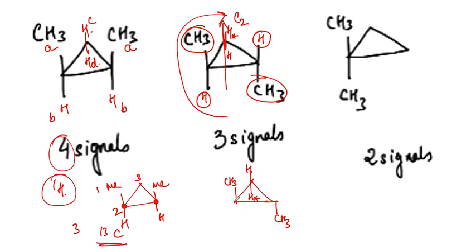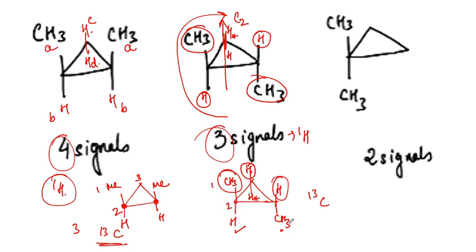So how many signals for the protons over here? One for this proton, which will be similar for this, the other for this methyl proton, same for this one, and both of these hydrogens would be the same. So we are only getting 3 signals for the proton NMR spectrum. Similarly for the C13 NMR, we are going to get 1 for this methyl, 2 for this methylene, another 1 for this methyl, and a third one for this. So again 3 signals for the C13 NMR as well.